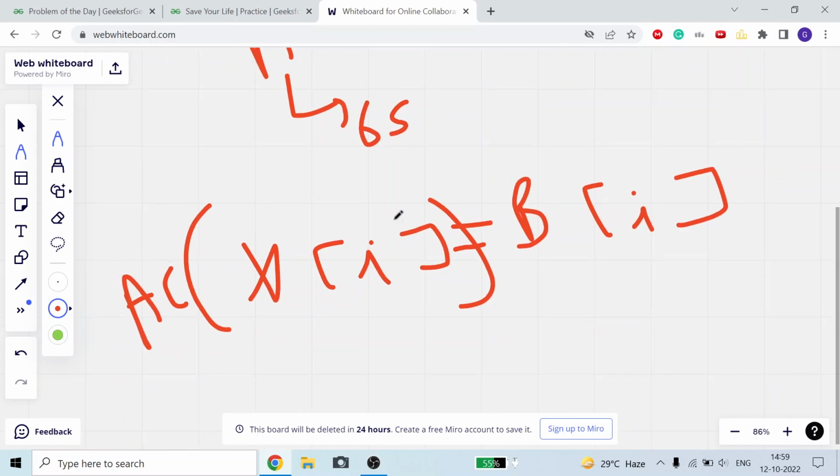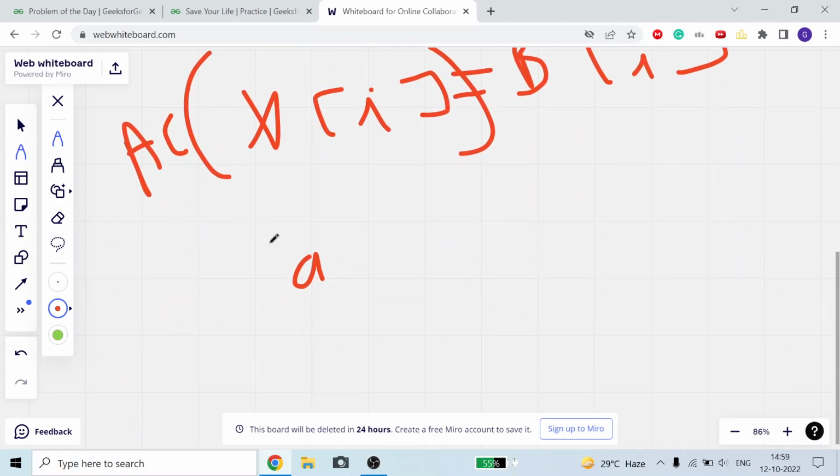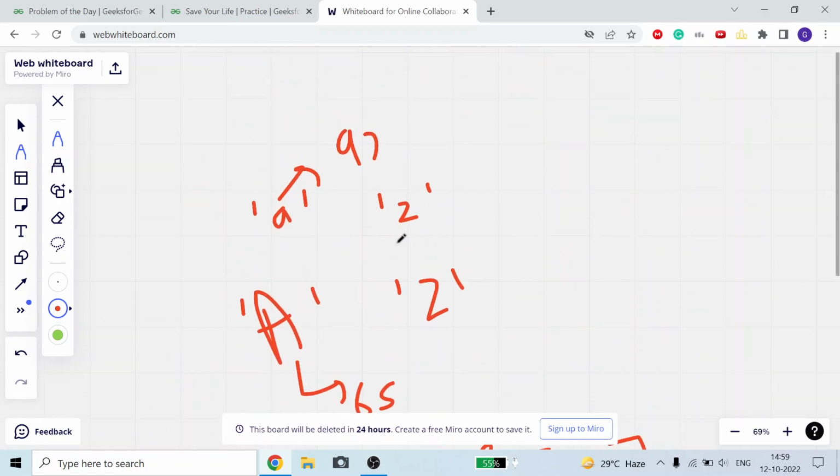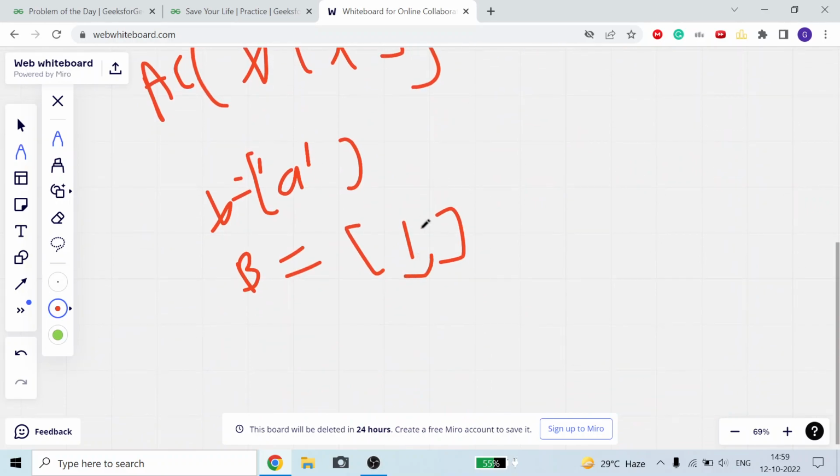Okay, so here suppose this is my x vector and this is my b vector, and suppose it is given 1 as the integer. Now it means my initial ASCII code of a is 97, but now I have to take it as 1.